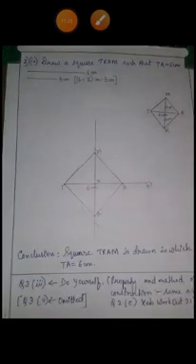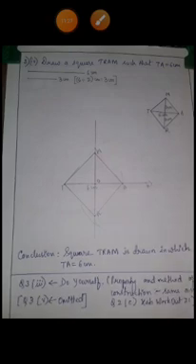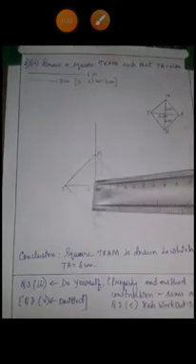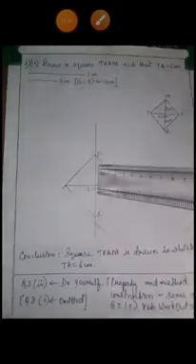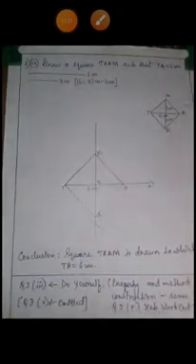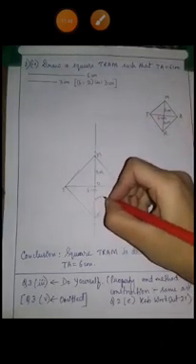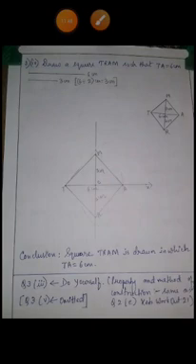Then after that, we are using the property of the square, that is the diagonals bisect each other at 90 degrees. So for that purpose, we are drawing the perpendicular. Then after that, cutting the arcs of length 3 centimeter on top and 3 centimeter at the bottom. So you are writing 3 centimeter here and 3 centimeter here. Then after that, you write the conclusion.